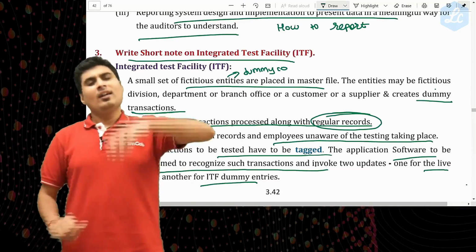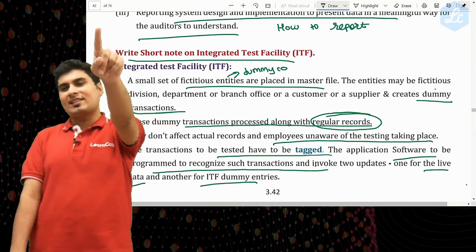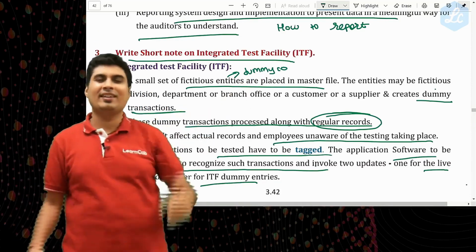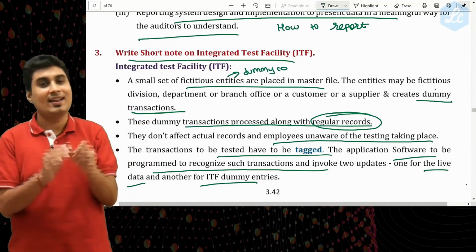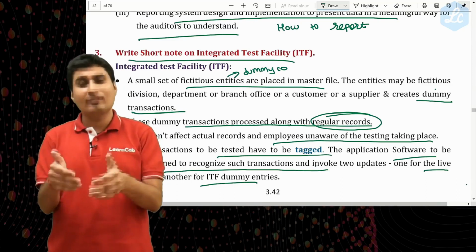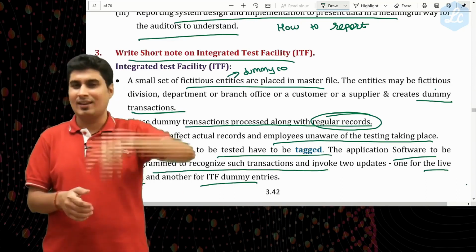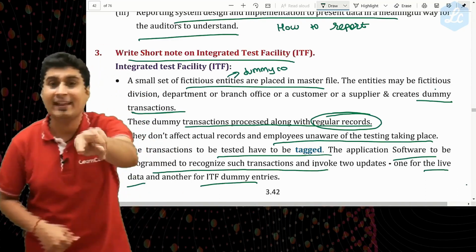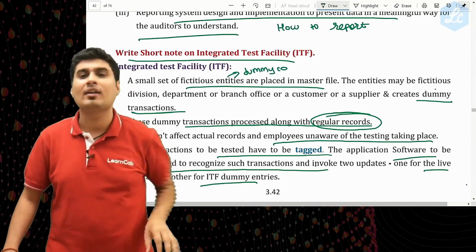With this, two techniques are done till now. Let's hear it for Snapshot ITF. The rest three are very easy. Don't worry, it will be done very, very nicely. I hope you understood this too. Okay, the second one was a little difficult. The first one is very, very easy. Snapshot ITF.